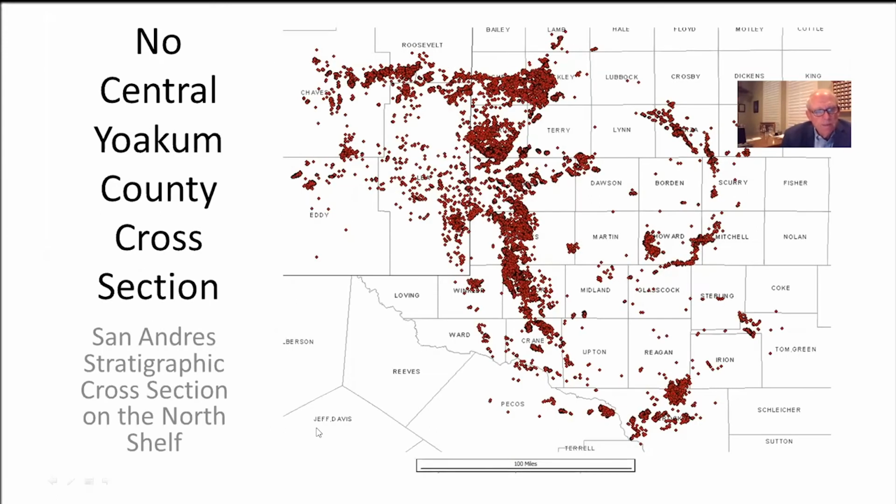North Central Yoakum County cross-section, where this is all of the St. Andrews producing wells in the Permian Basin. And obviously it's a broad area. You can see it's well over 200 miles wide of St. Andrews production throughout the basin. And it's, as I think was mentioned, 1,400 feet thick in most places. And so